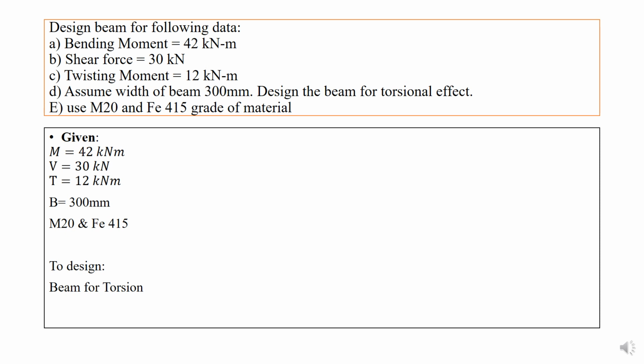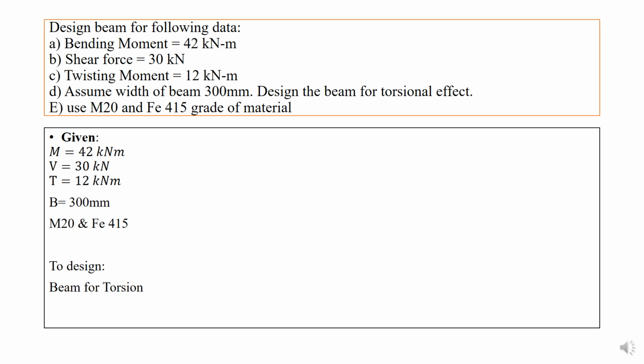Therefore, it is considered that this beam will have tau E greater than tau C, which we will check in further steps. But remember, we will use this line to modify our steps and to check in turn whether tau E is greater than tau C and it needs a torsional reinforcement or not.